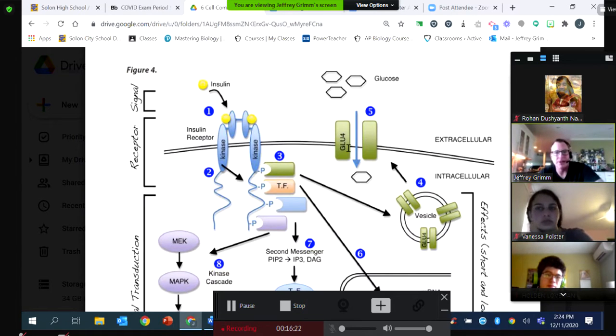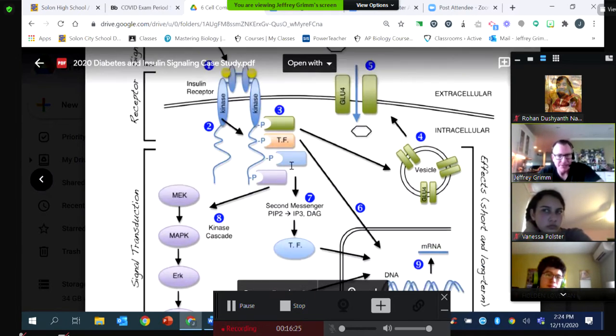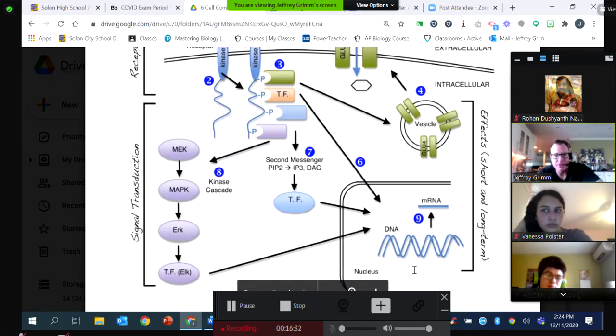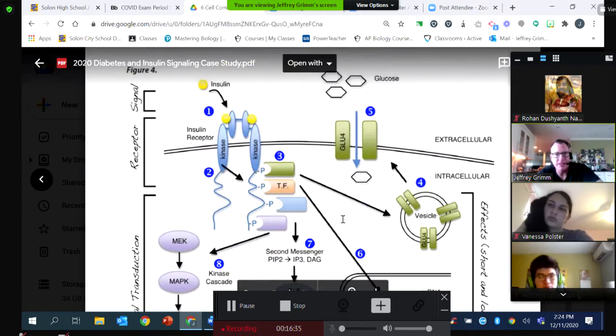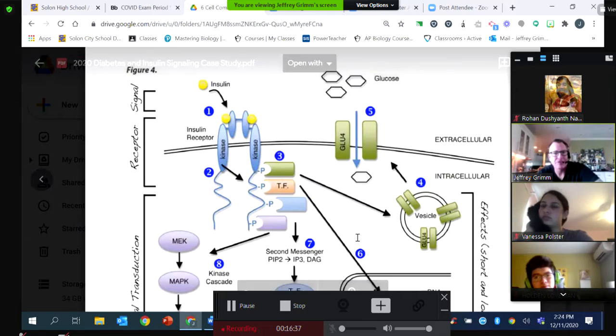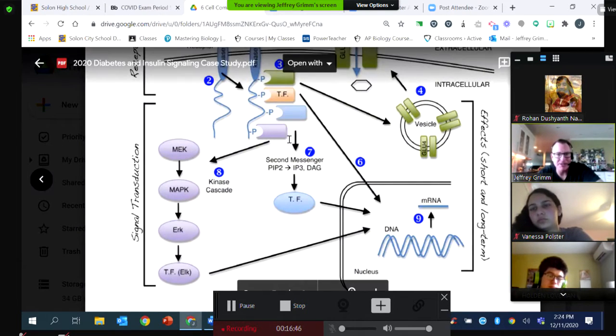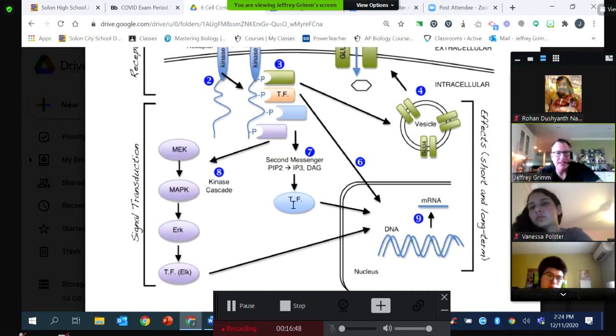So if you notice, we're phosphorylating this guy that says TF, and this TF is traveling into the nucleus. What do you think TF stands for? Transcription factor. There you go. Now, it also is activating this blue guy that activates a secondary messenger that turns on a different transcription factor that goes into the nucleus that's going to activate turning on a different gene.